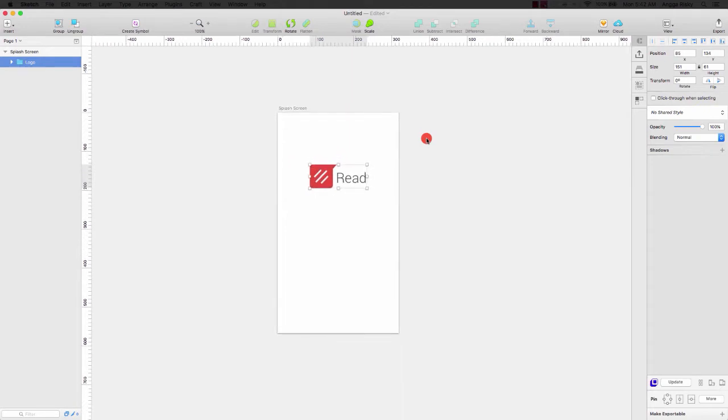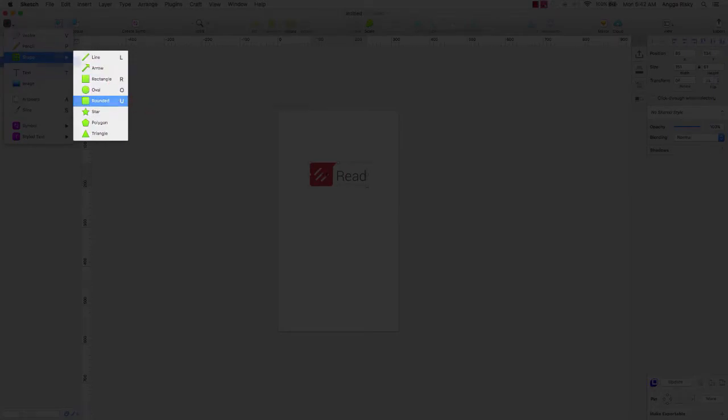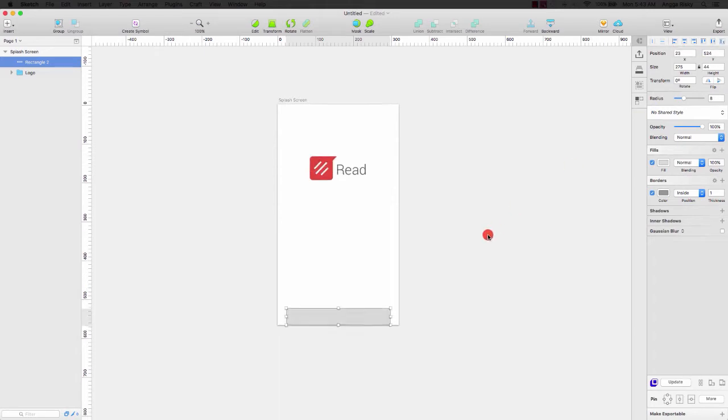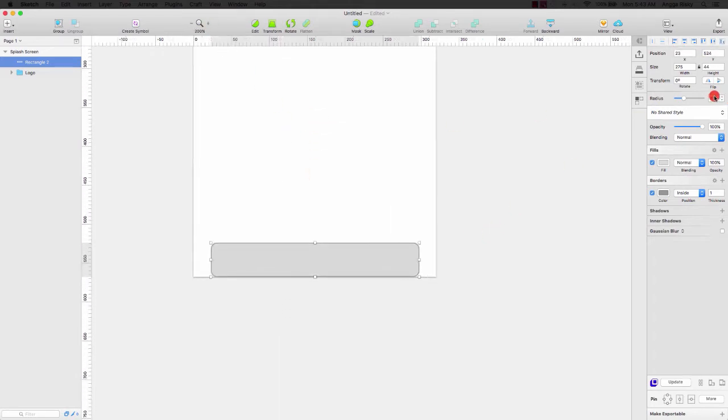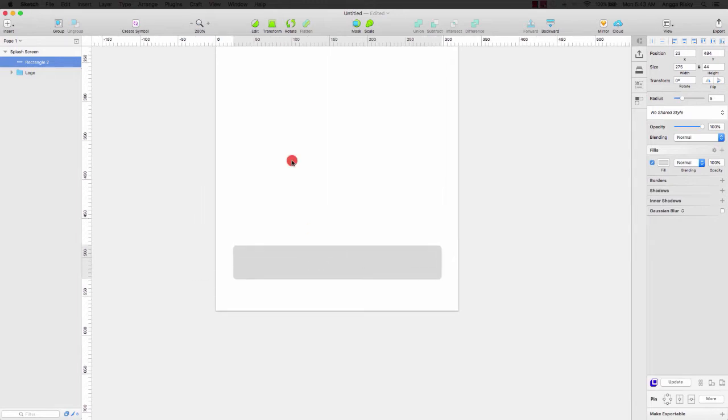And after that, I will create the button here for getting started. So we go to insert, shape, and then we go to rounded, and we create the button right here and make it to center, and go to bottom and setting the radius to 5 and remove the border color and select this rectangle and move to the top 1 2 3 4. All right,